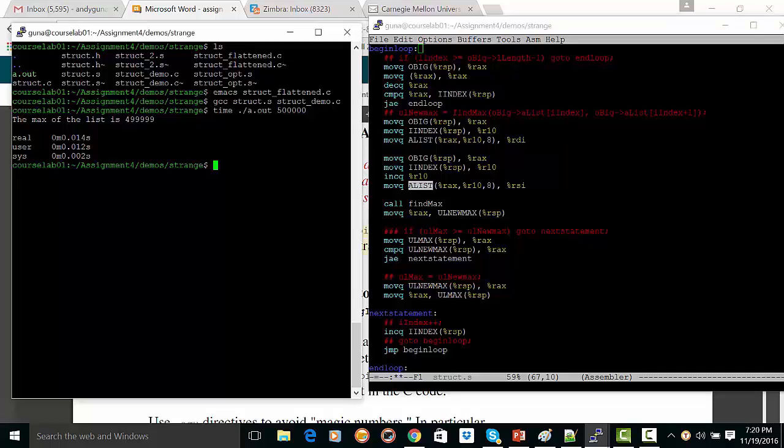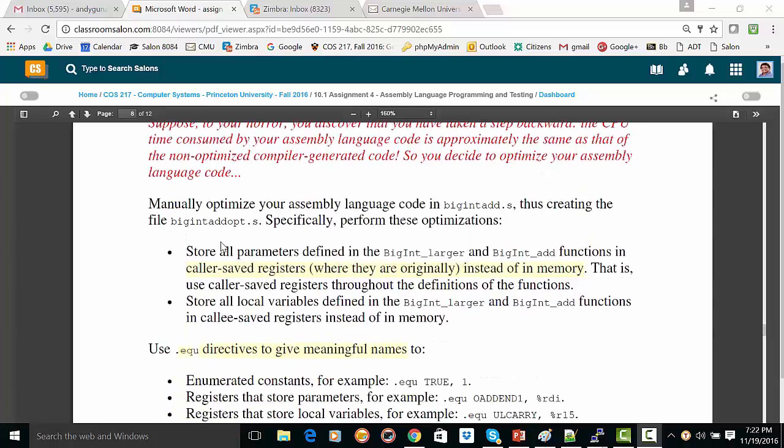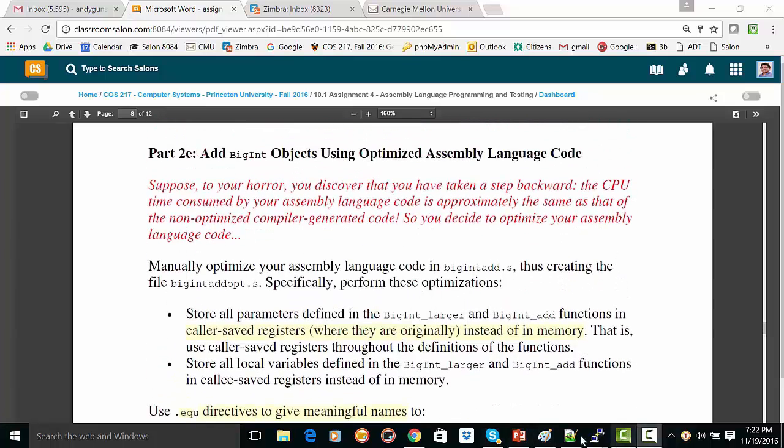So that's the key thing to note in this case. We'll take a look at the optimization. All right, so part 2E is about optimizing code. Now that code ran in whatever the seconds. The key thing in part 2E is that if you look at the code that I